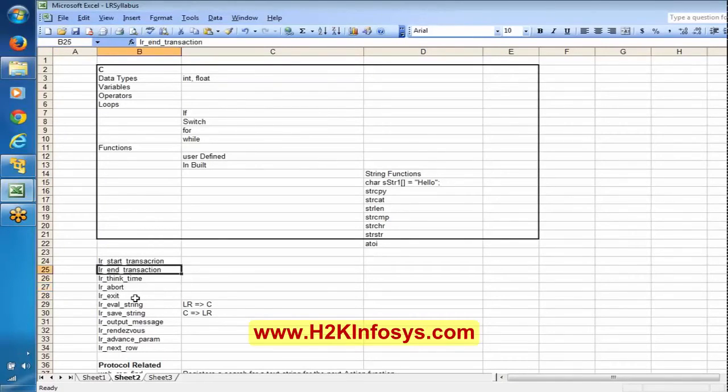Now if we closely observe here, we were trying to understand start transaction, end transaction, think time. LR abort is to stop the script, and LR exit is to exit only one user. LR eval string, we will discuss this. Till this point, we have been trying to understand these. Now, we'll be discussing the next things.